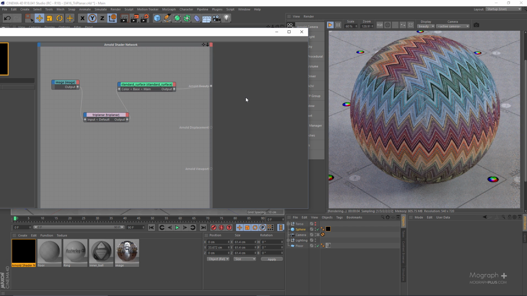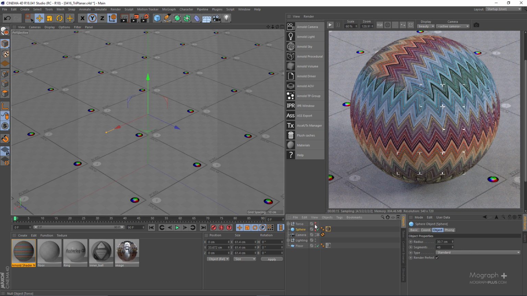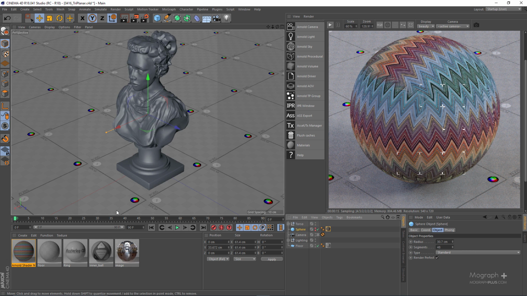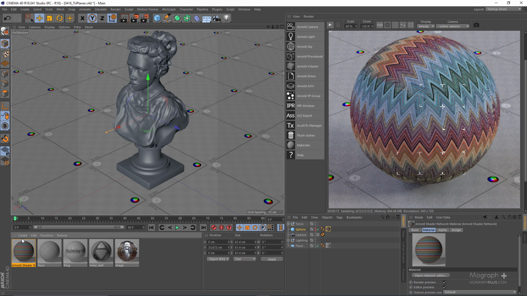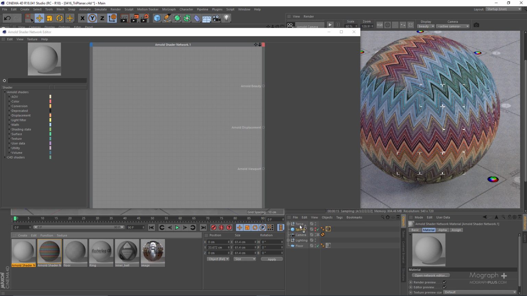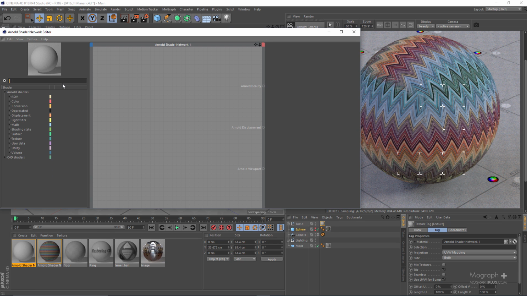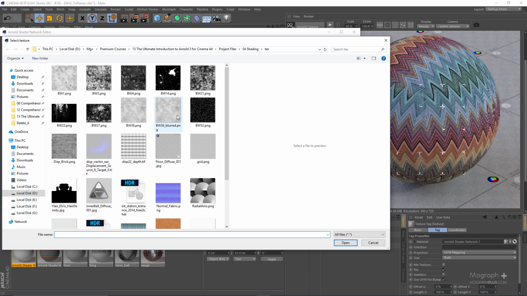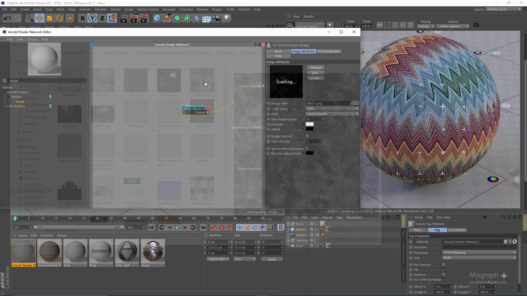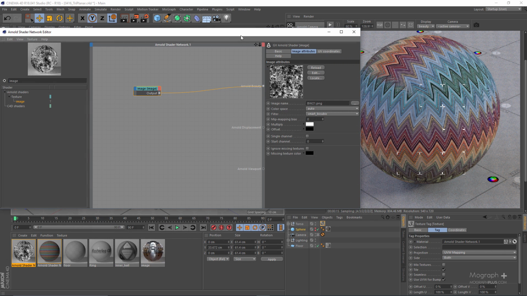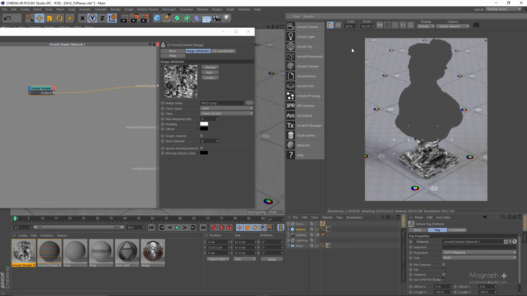Now Triplanar can be very useful in certain situations, obviously not for very obvious things like this. Even in this case it can be very, very useful. Now let me hide this sphere and unhide this 3D model that we have. Let's say I want to work with this, so let's create a new shader network. Let me assign this to this torso, and let's say I have this image that I want to use as the, let's say, specular roughness texture, right? So if I just, now as you can see,